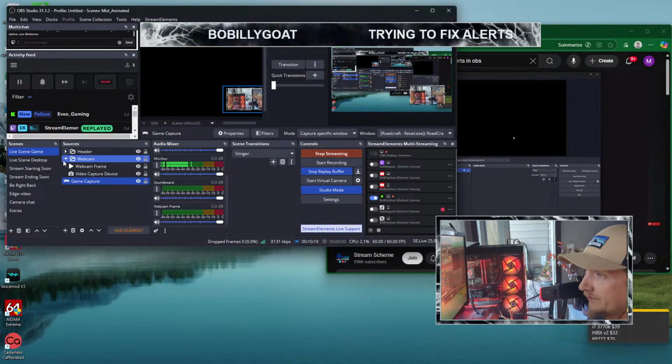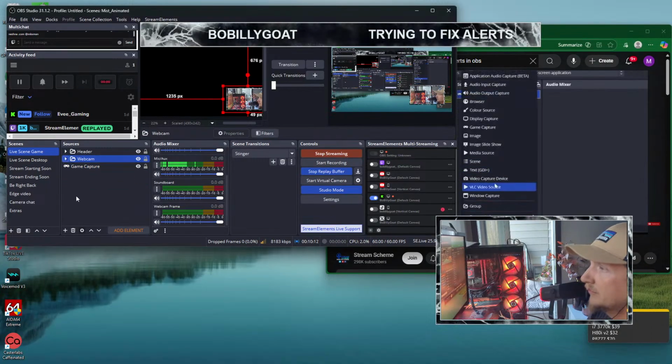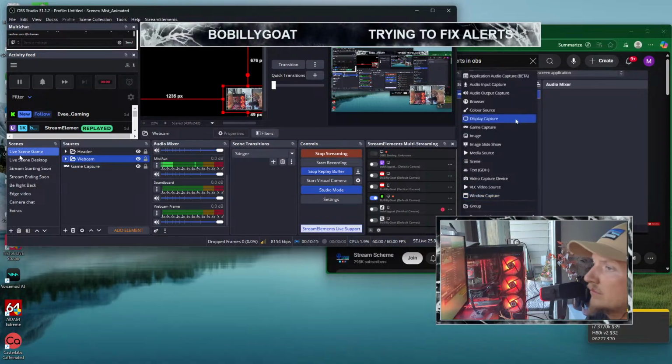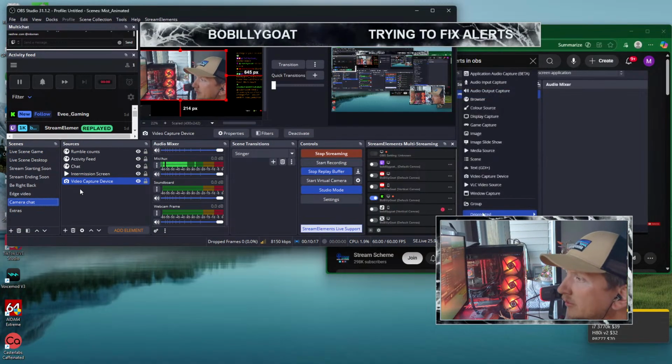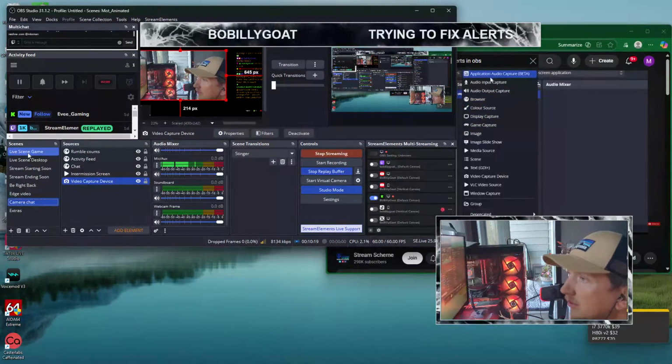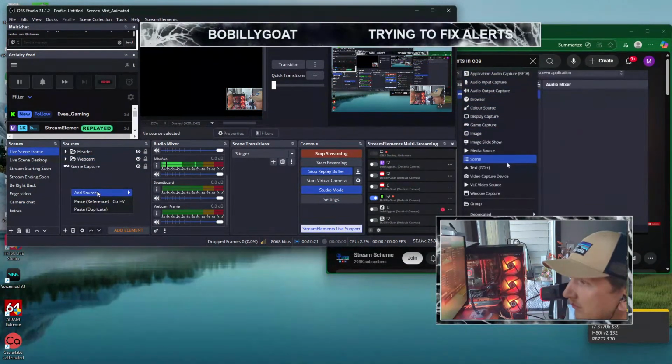And also, it's important to remember that not every game will be captured in this. Some games need window or display capture to actually be captured, so you might have to try different options. But anything you want to add to a scene, you'll do it with this plus sign. That could be